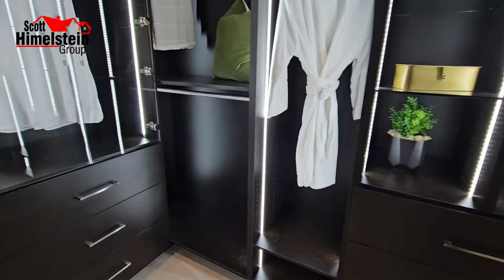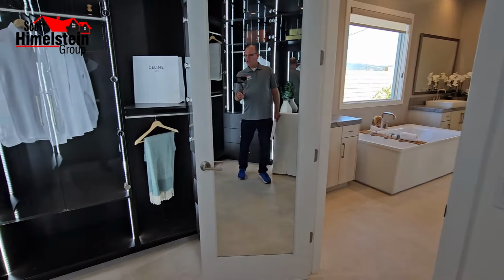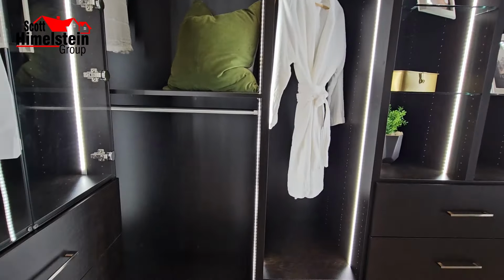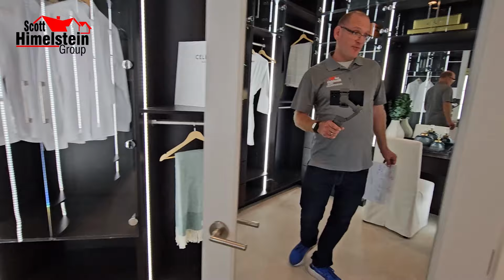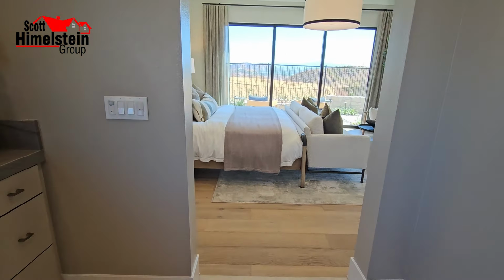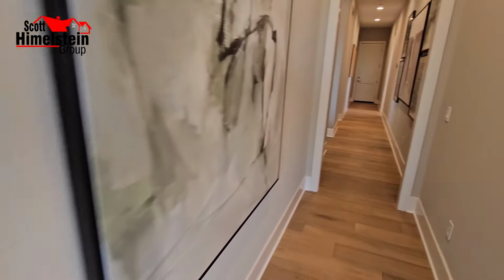to your walk-in closet. And you think, okay, well, that's it. But then it kind of extends over here. And one thing I really like about Toll Brothers is the ability to actually customize your built-in closet. So that's something that I really like about Toll Brothers. And you'll see this throughout their model homes here in Southern California. And one thing, as opposed to some of the other builders where you can't do anything, there's a lot of things you can customize here with Toll Brothers. So it just really depends on what you want. Their design center is located in Simi Valley, California, and not too far, maybe about 25 minutes away, depending on